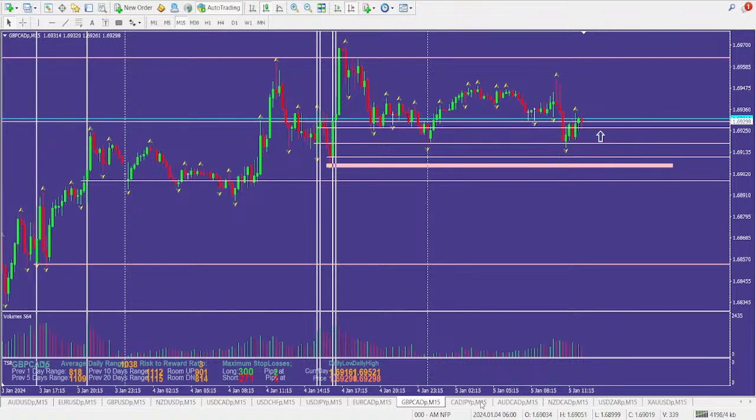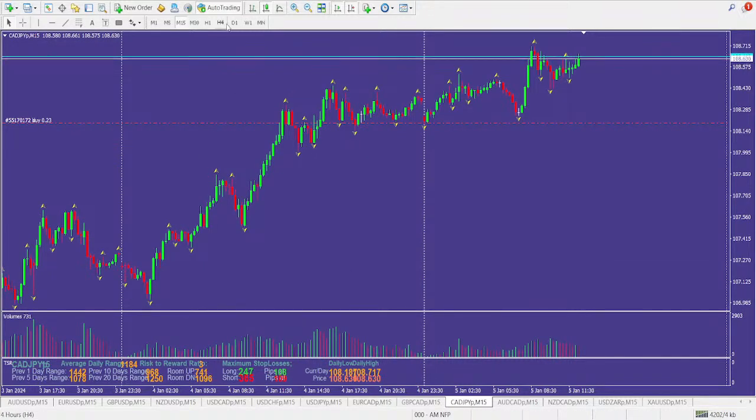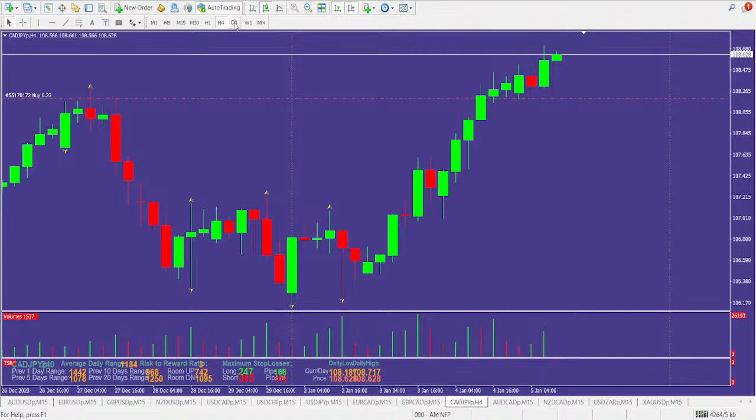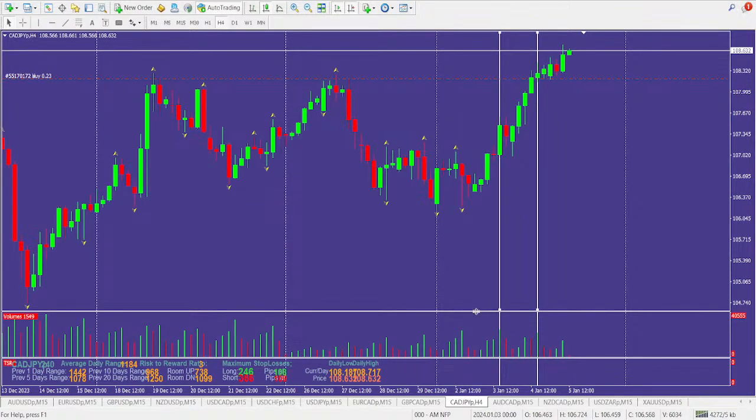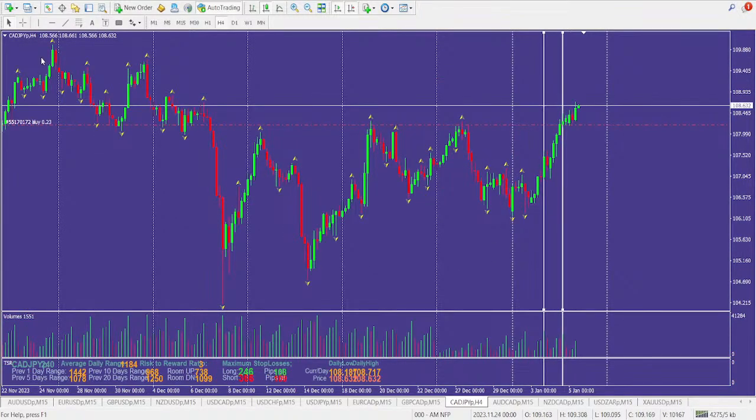Right, next is CADJPY. So CADJPY, start up on the 4-hour time frame. Got a level over here, potential demand, and then demand number 2. Now if we look at supply, want to look for high volume spike with price pushed down with high volume, which is this level over here, December 4th. Then next potential level is this one over there, H4 time frame,